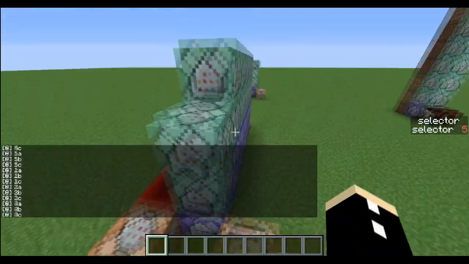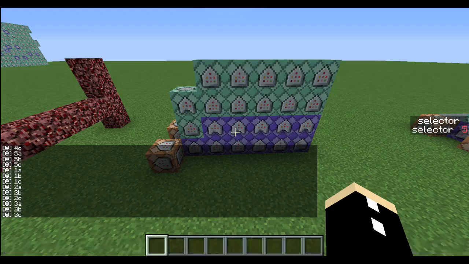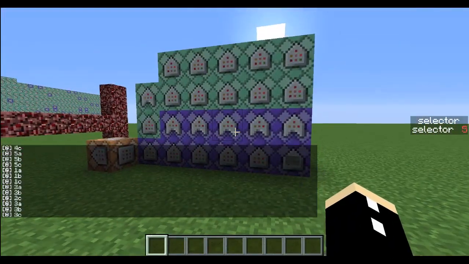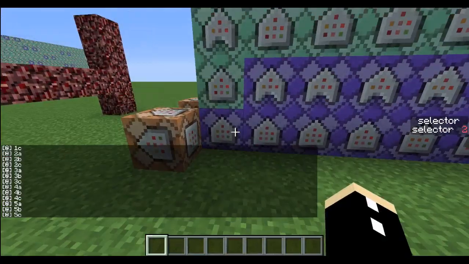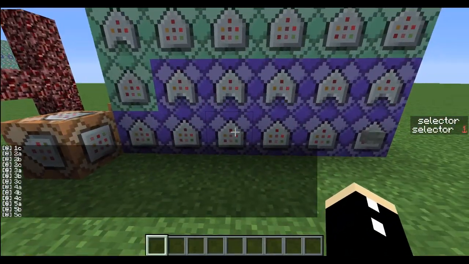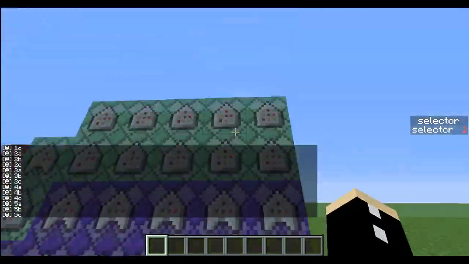Okay, so turn this on, and as you can see it's running the same commands except slower, and they're not being run all at the same time. So here we have a selector score going up. Once it reaches 6, then it goes back to 0, so it can add another one. If the selector score is 1, then it will activate these 3, and then it will go to 2, then it will activate these 3, then to 3, and it will activate these 3, and then these 3, and then